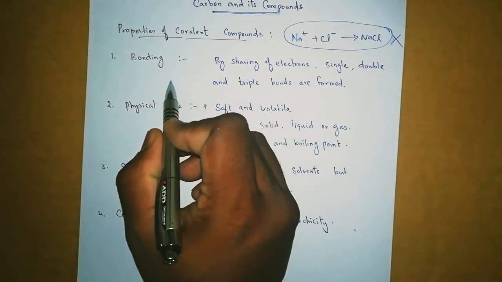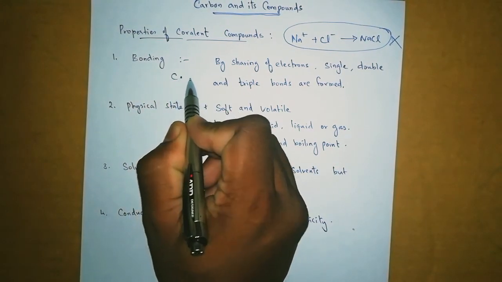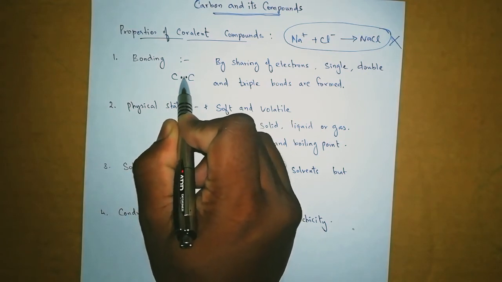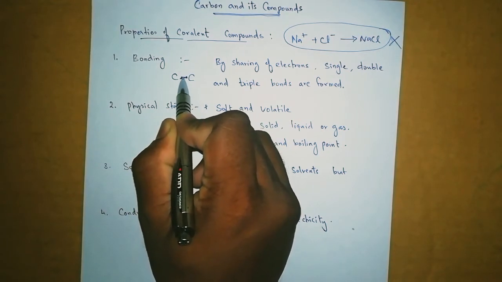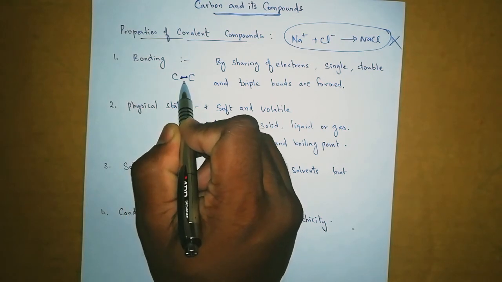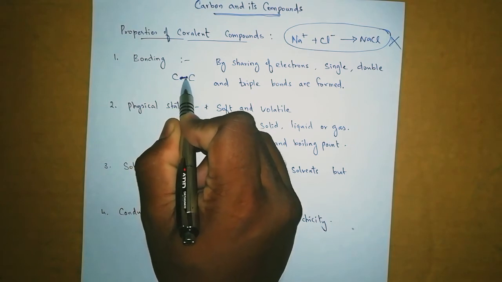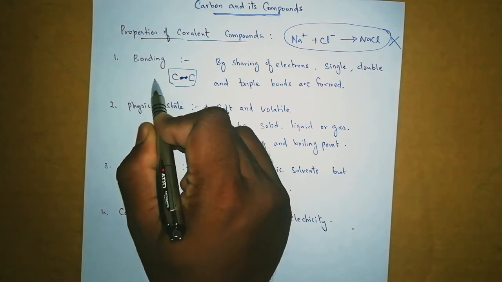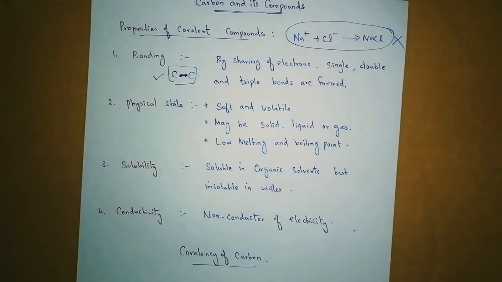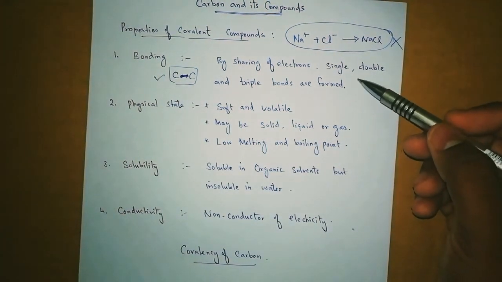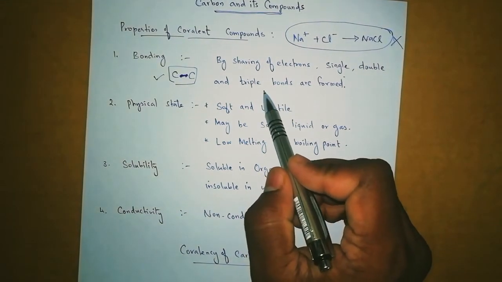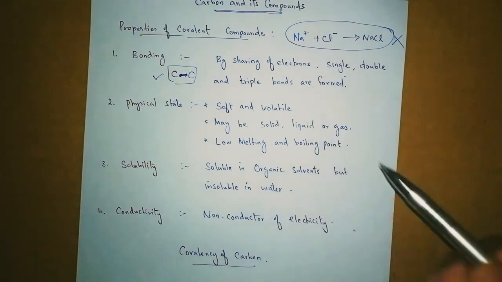So that means in carbon, one carbon gives one electron, and another carbon will also give an electron. So these two dots combine to form a bond. Actually, this dot I made is actually an electron. They start sharing electrons. So how do they form a bond? They form single bonds, and also double as well as triple bonds can be formed in covalent compounds.